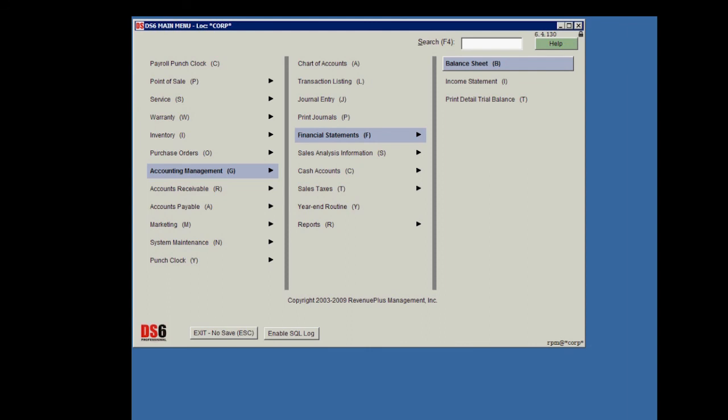Our accounting system also allows you to customize financial statements, manage your cash accounts and sales taxes, and analyze your daily sales. To see these features and much more,